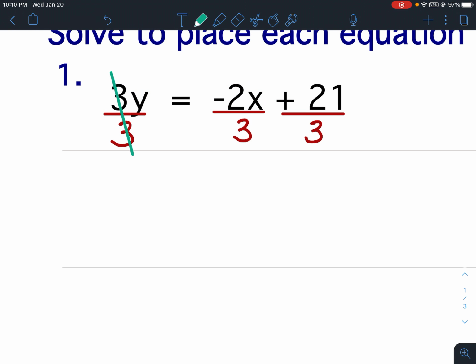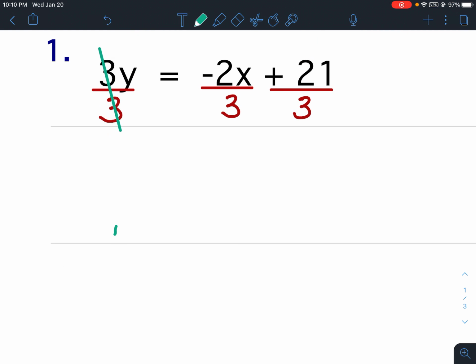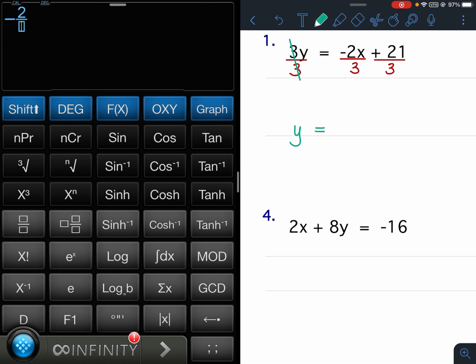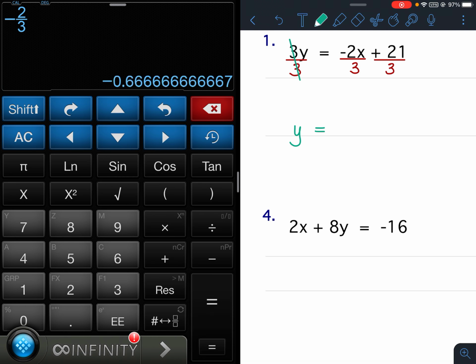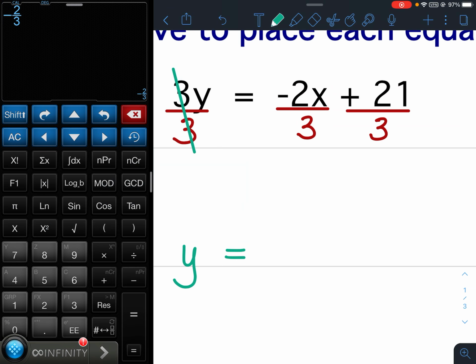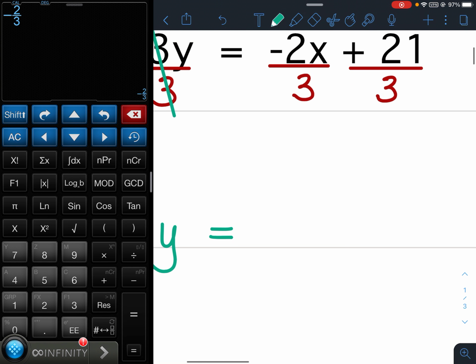All right, so I'm going to cancel the 3's, bring down the y, bring down my equal sign, and now I'm going to simplify these using the calculator. You want to use the fraction button. In other words, I'm going to put in -2, press the fraction button, and then put in 3, hit enter. Now, we want fractions, no decimals. So don't forget to hit that button that's beside the equal sign. So that means that -2/3 does not reduce. So I'm going to write this as y equals